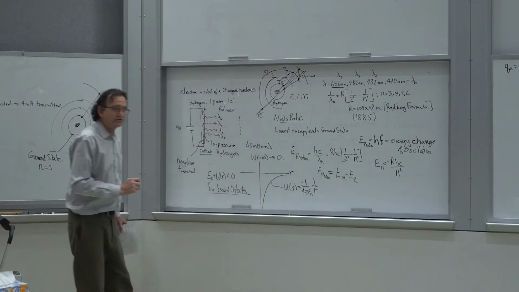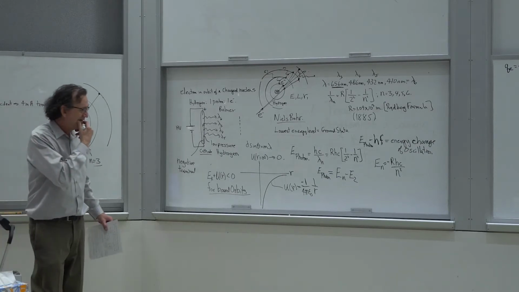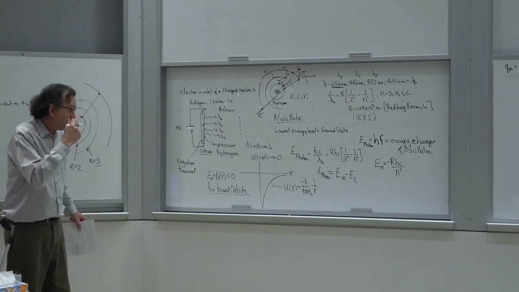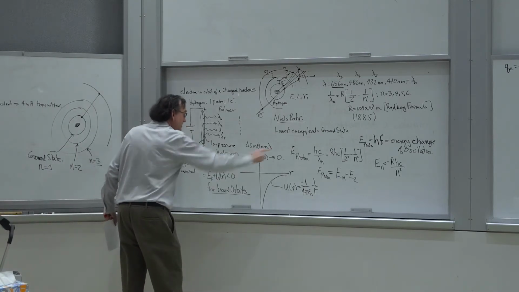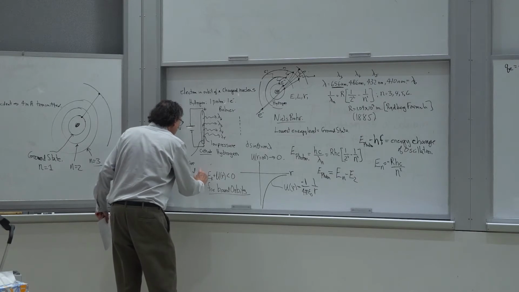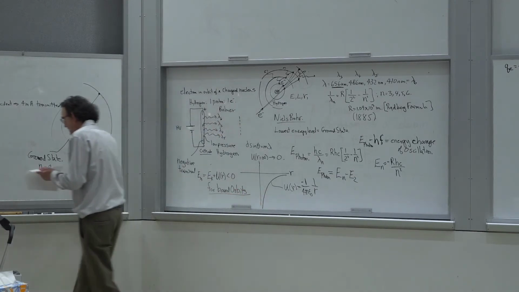It's just a way of characterizing the potential. I don't know an easier way to describe it than that. Now, having said that, this becomes these values E sub n, which are less than 0. So the quantized energy levels for the total energy,